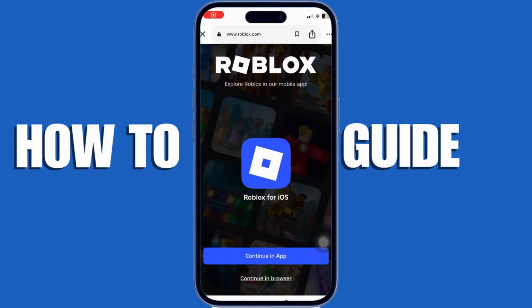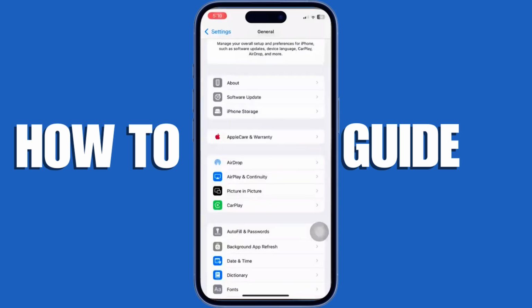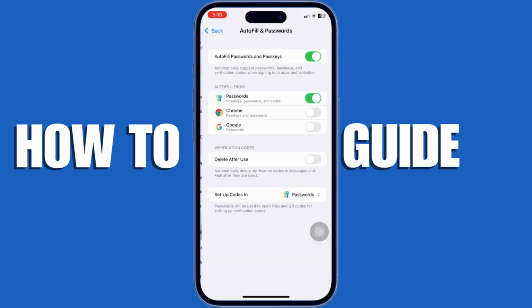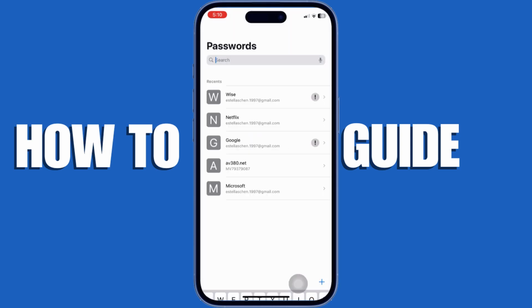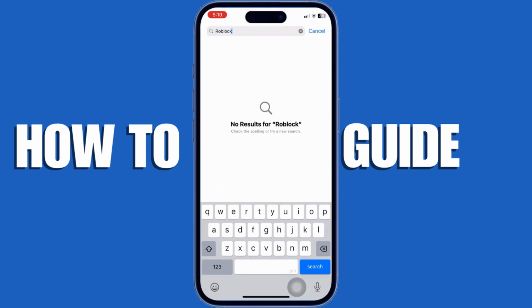If you need to recover a Roblox account but don't have the email or phone number, don't try hacks. Follow the steps. First, check if you're still logged in on another device or if the password is saved on your iPhone. Go to Settings, Passwords, search Roblox. If not, go to